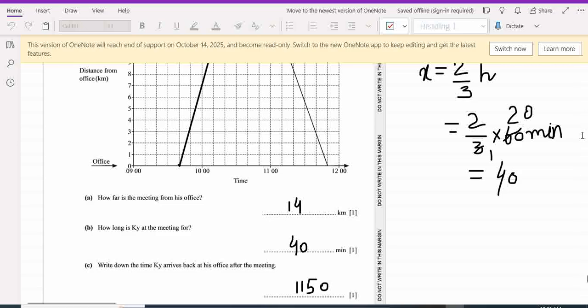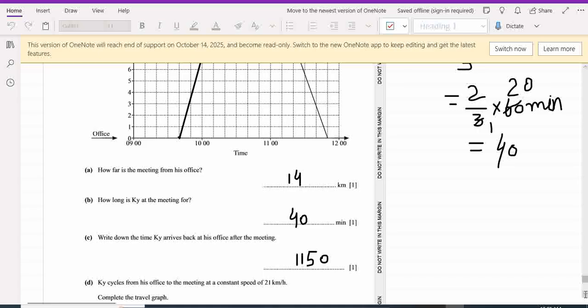Next is to write down the time Kelly arrives back at his office after his meeting. So we have to read the graph carefully. This time she reaches the office. This is 12:00, and one box before 12:00, one box is 10 minutes. So it is 11:50. So the answer is 11:50. Next is